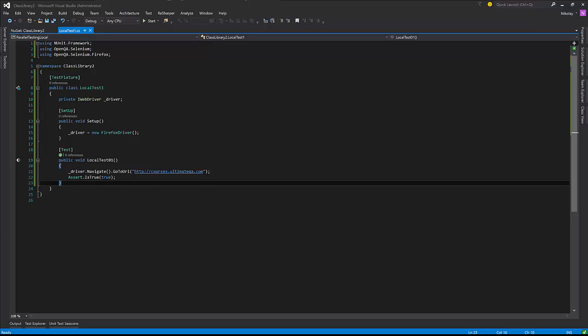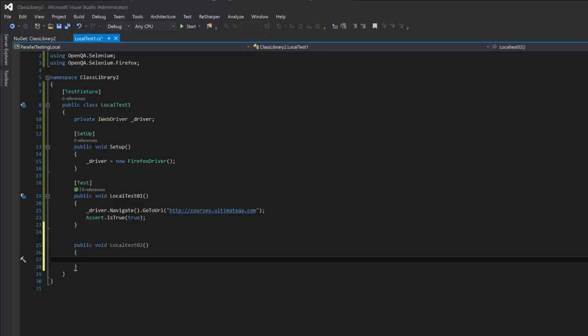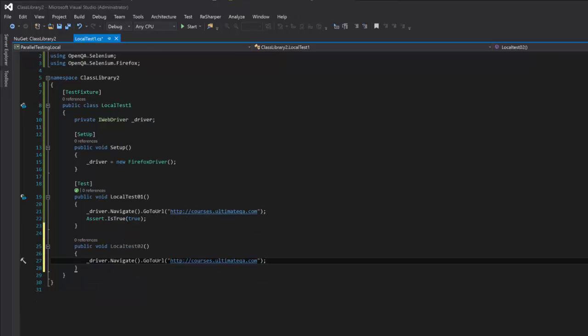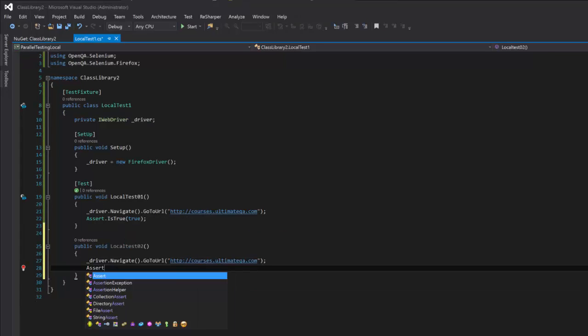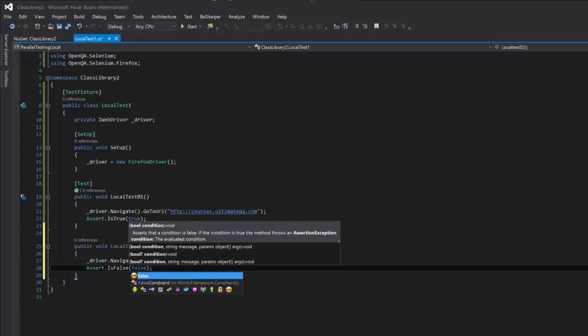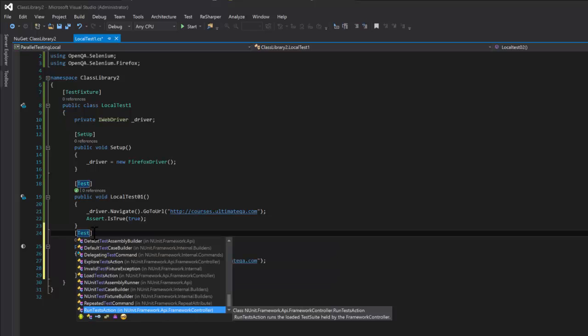Okay, so let's quickly write another test over here. I'm going to do public void LocalTest02. I'm going to do the same thing: driver, navigate, go to URL. And then we're going to assert is false, false. Just a little bit of a different test. And obviously throw in the Test attribute there so that our Visual Studio knows it's a test and we know